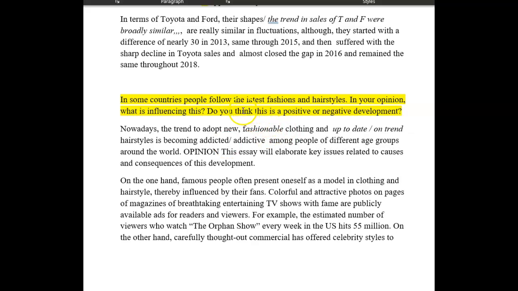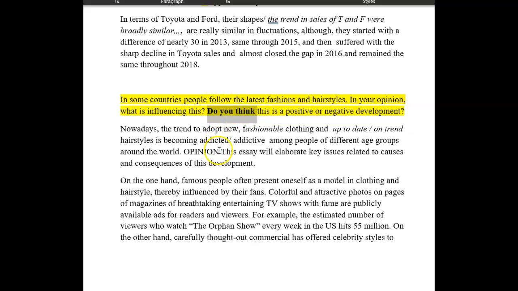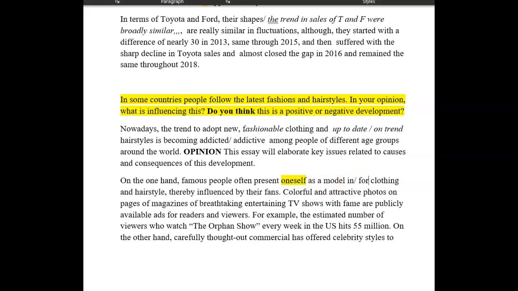Yeah. Do you think? So don't forget that bit. Do you think is your opinion that must come in the intro and again in the conclusion. On one hand, famous people often present themselves, so famous people themselves, as a model in clothing. Or do you mean to model clothing? Maybe you mean as a model for them. We have to be as a model for